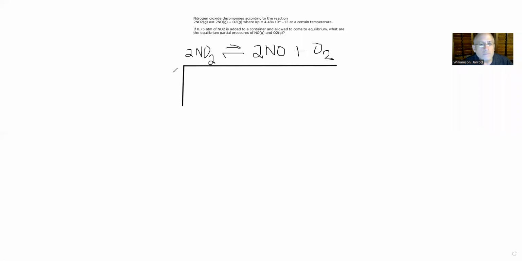ICE. The initial NO2 is going to be 0.75 atmospheres. And it says it was added to a container, which implies that it was only that, none of these. That means this is going to go down by 2x because of that 2 coefficient. This will go up by 2x. This will go up by x. So at equilibrium, this will be